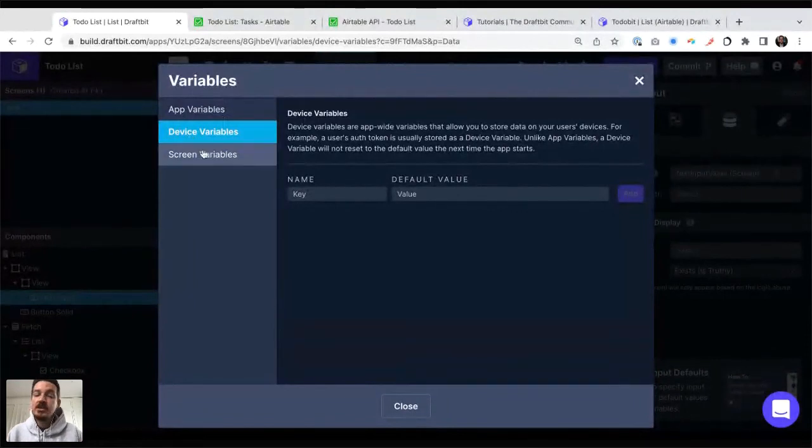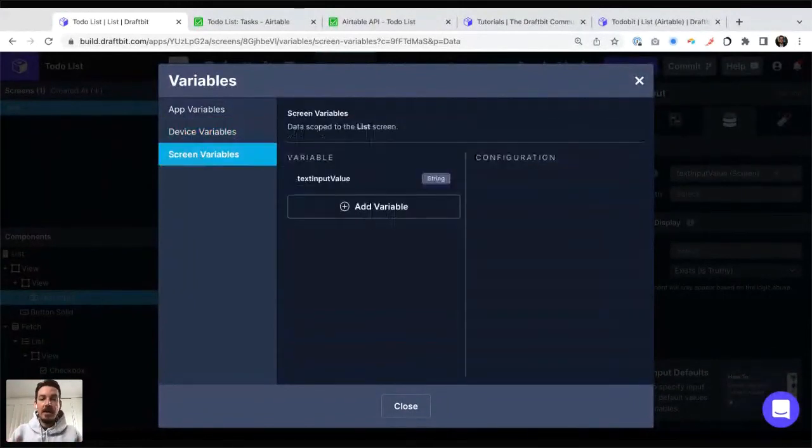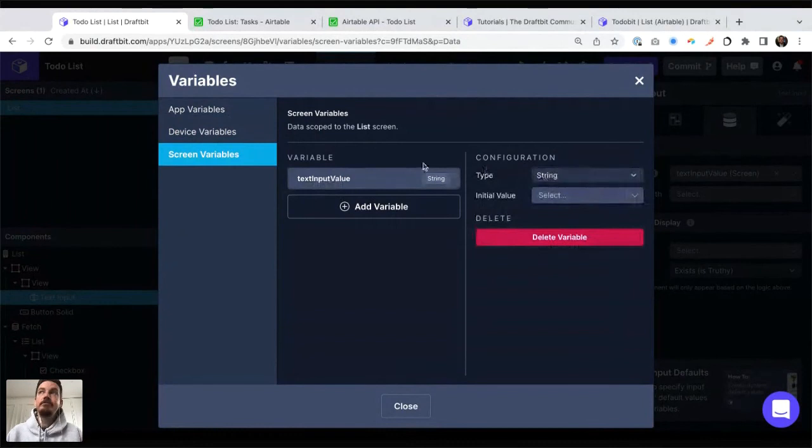Screen variable is just a local variable. It's just kind of an arbitrary variable that is going to be tied to the screen. And that's the one I want to talk about, because you see we already have one here. We created it automatically for you when you added that text input. It could be named anything, new task name, whatever, it doesn't matter. It's a string, meaning it's text.